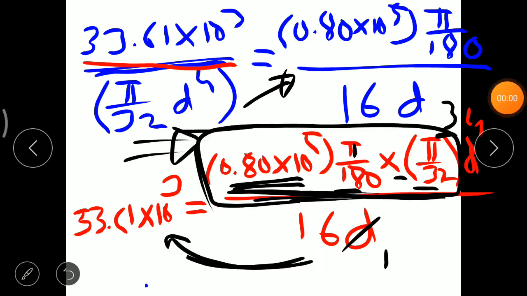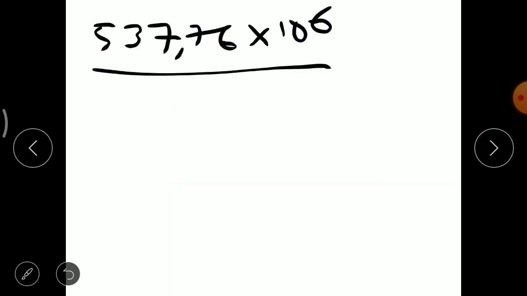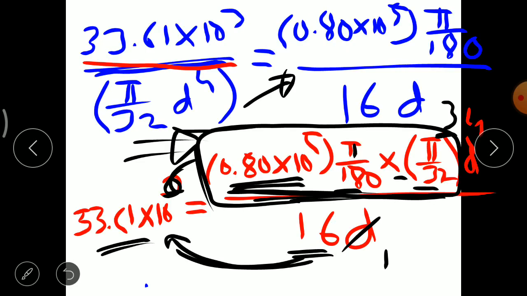By cross multiplying this term, 33.61 into 10 raised to 6 multiplied by 16, we will get the value 537.76 into 10 raised to 6, and we have to divide by the value 0.80 into 10 raised to 5